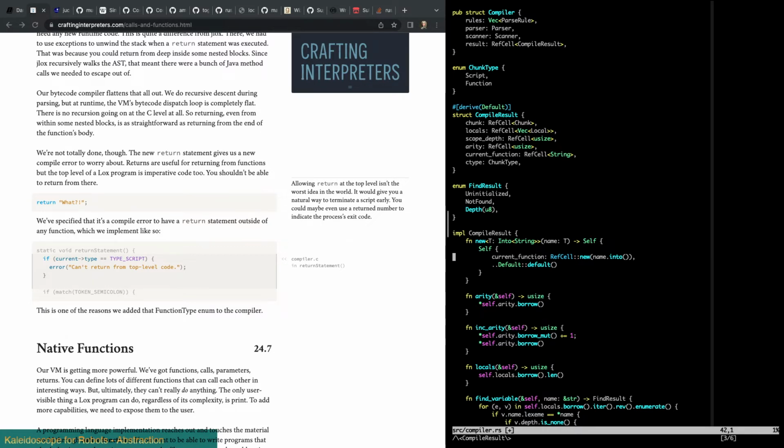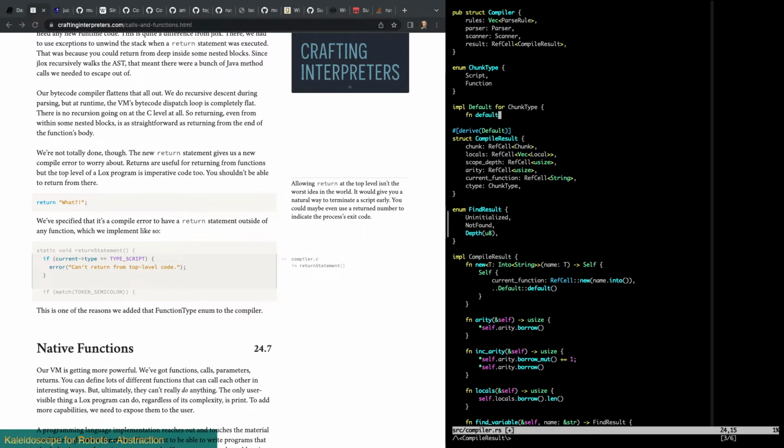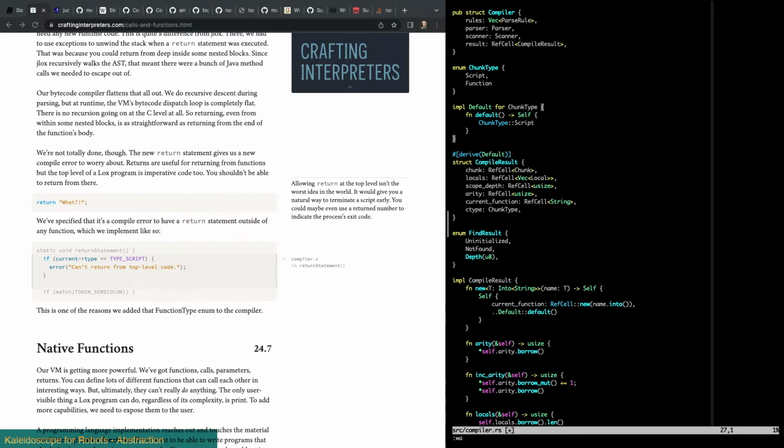Yeah, we can do that. Impl default for chunk type. Fn default. Self. Chunk type. We'll make it script. That way, when we initialize the script initially, it'll be a script, and then when we create the function, we can just pass in function.